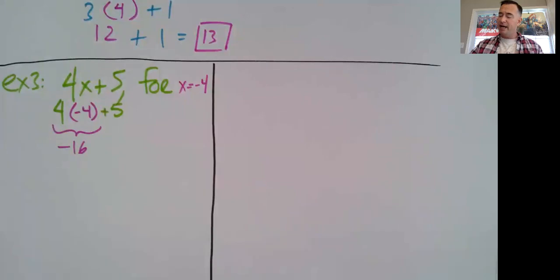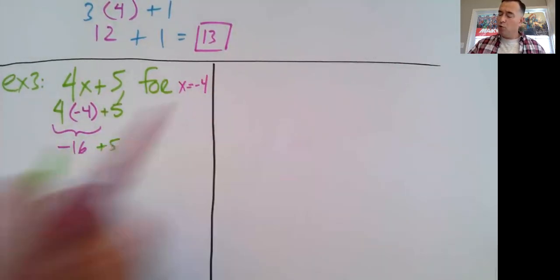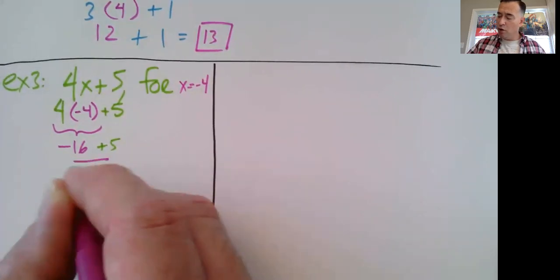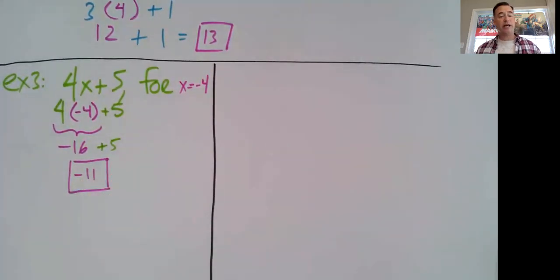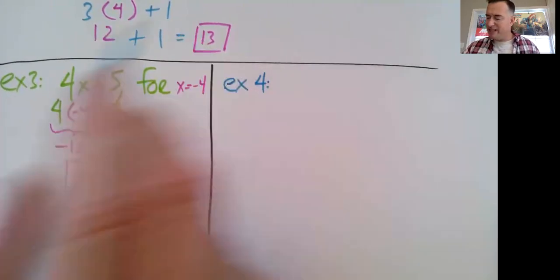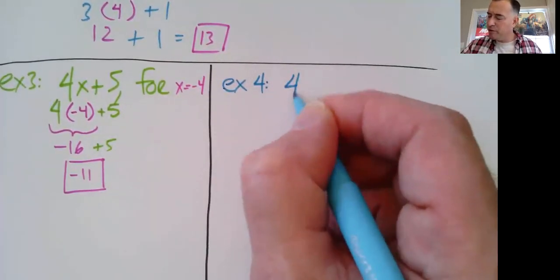-16. And that -16 plus 5 will give me a final answer of -11. So when I get the -4 into this one, I get a -11. I didn't have to raise it into the second power, so this one becomes a little bit more simple. And then for my last example for doing these, let's take the exact same expression